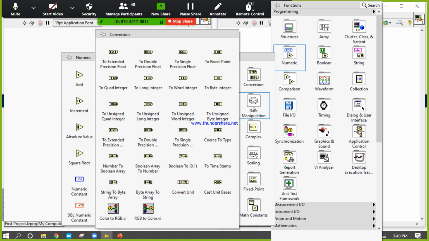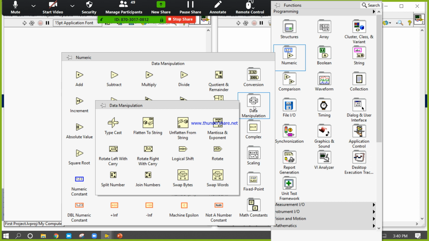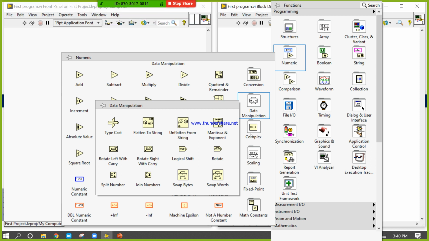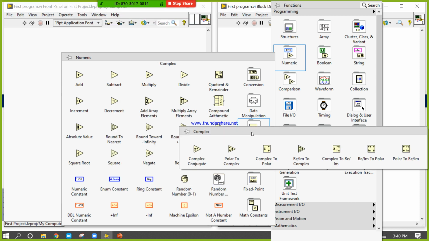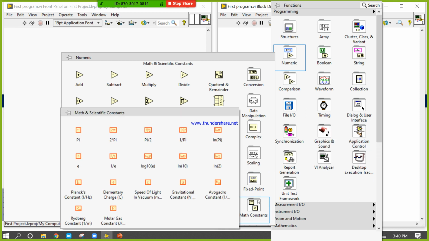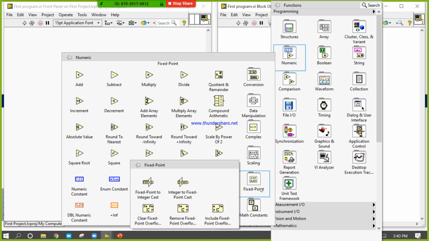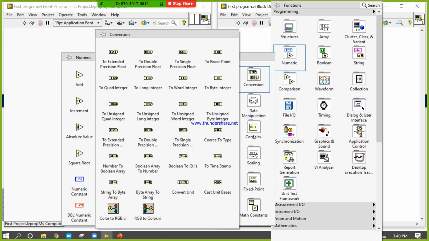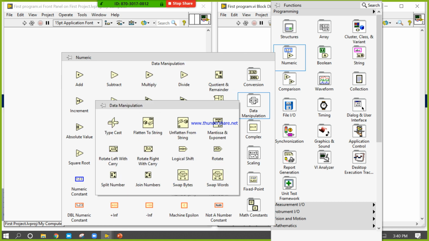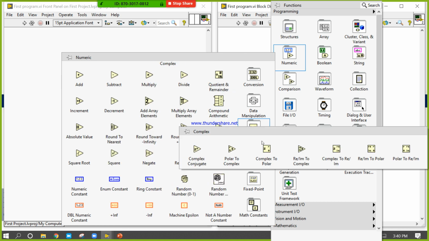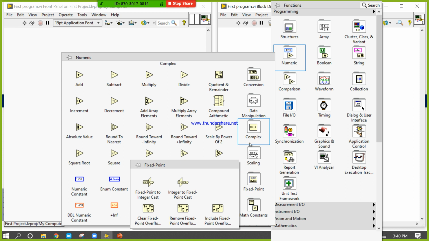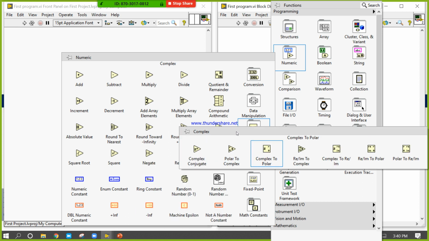Before that, some manipulations are present here: complex numbers, some math constants, fixed points. You can check all those data manipulation, scaling, fixed points when you get the time.